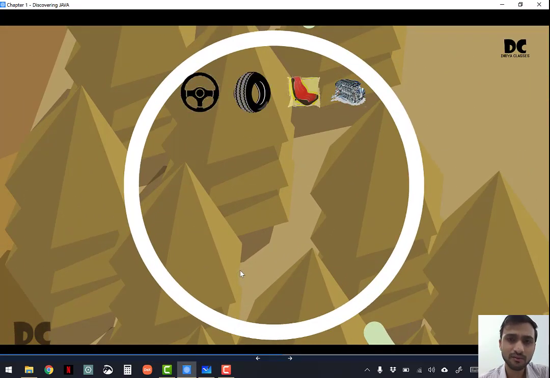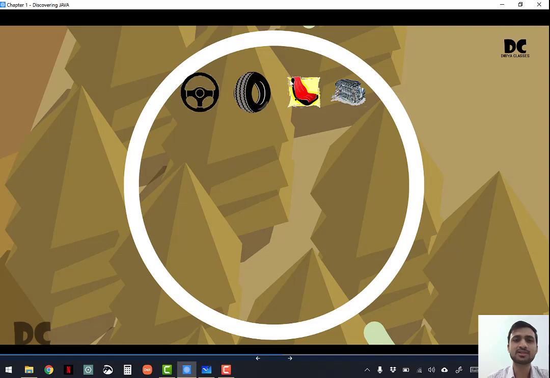So here we have 4 different objects. This is a steering wheel, this is a tire, this is a car seat, and this is the car engine. Not car, it can be vehicle engine, it is just a vehicle seat. We don't know if it is a car or a bus or a tractor. We'll see that later.